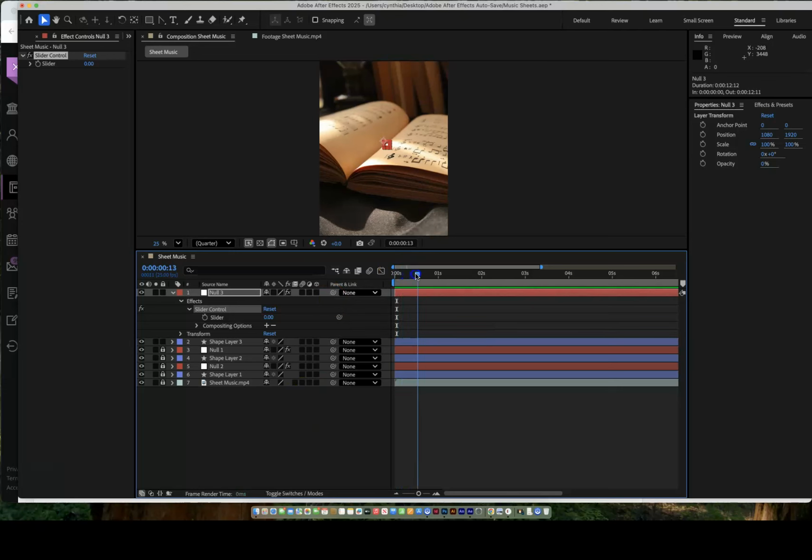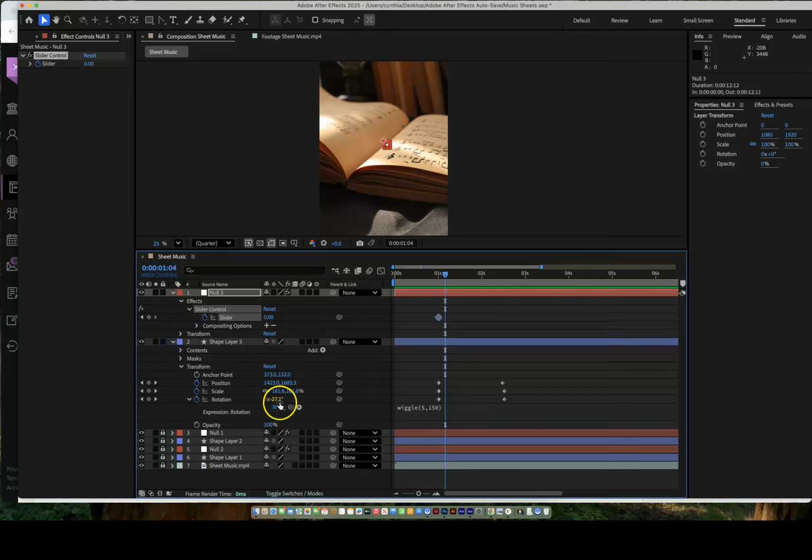So I'm going to find that spot in the timeline where that note begins to take off. About right there. I'm going to set a keyframe, and that's going to set the value for 0. And then right after that,